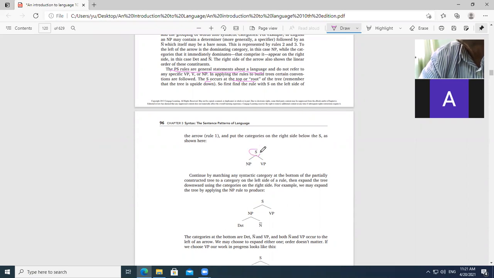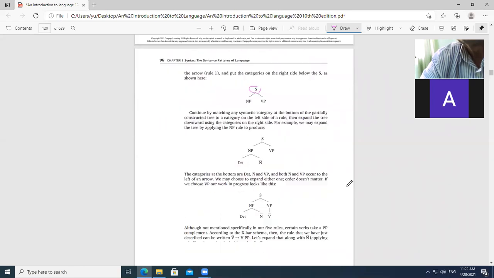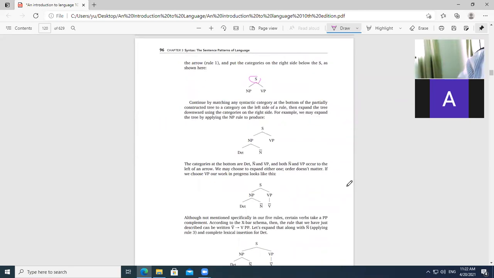S contains NP and VP. NP or VP. Here, which one is dominating? Yes, because this is basic, and we have the noun phrase and verb phrase, so there is something under it. Something happened under it, so we say this one is dominating this one. Yes. Continue by matching any syntactic category at the bottom of the